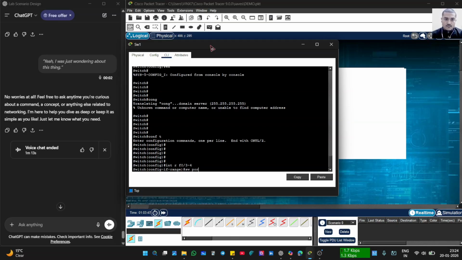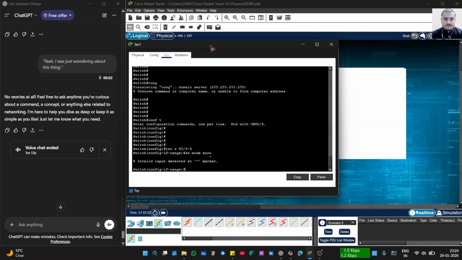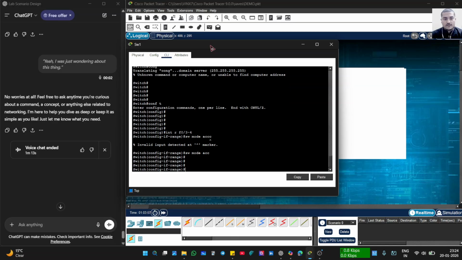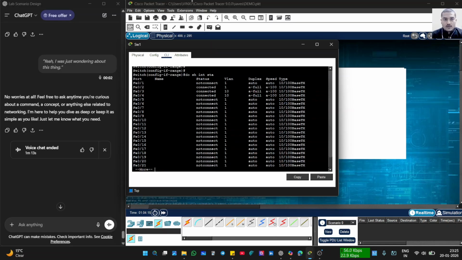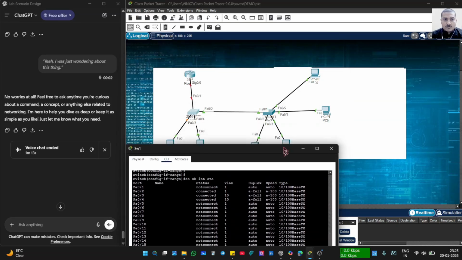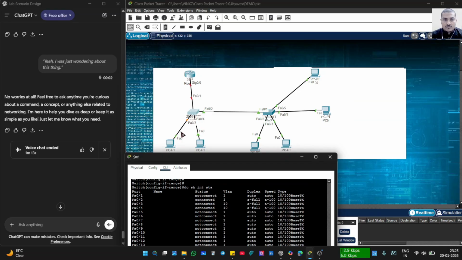Switchport mode access, switchport access VLAN 10. That's done. So do show interface status just here. So 3 and 4 for VLAN 10 on switch 1, 3 and 4 for